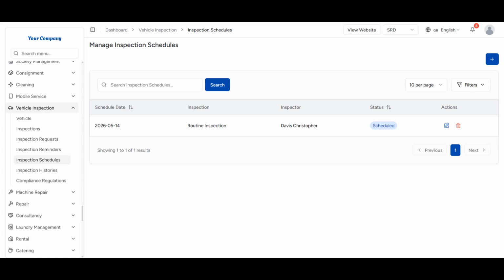With this in place, you and your team always know what's coming up, who's responsible, and what type of inspection